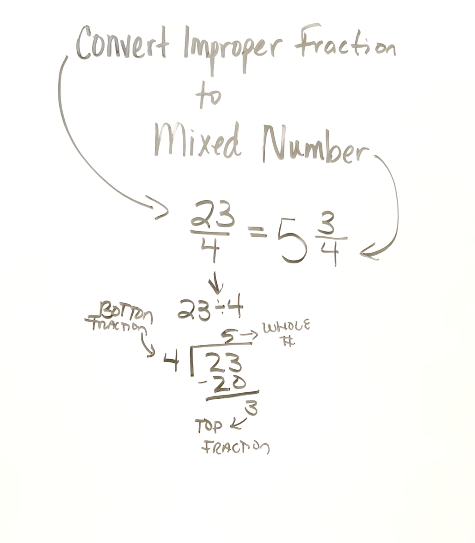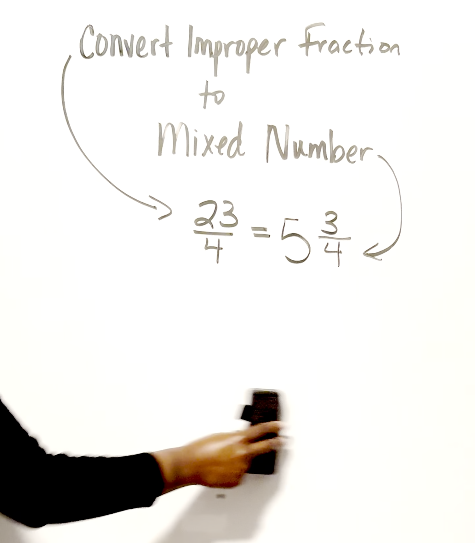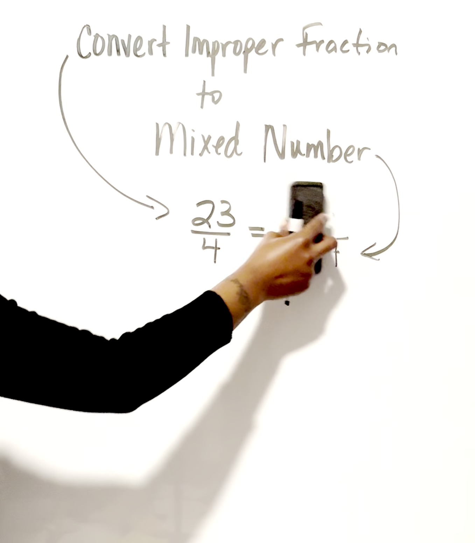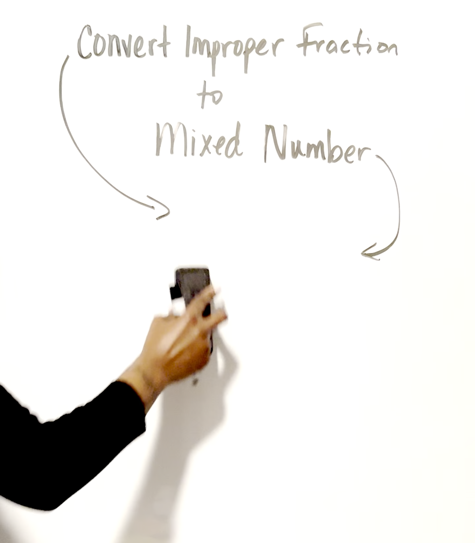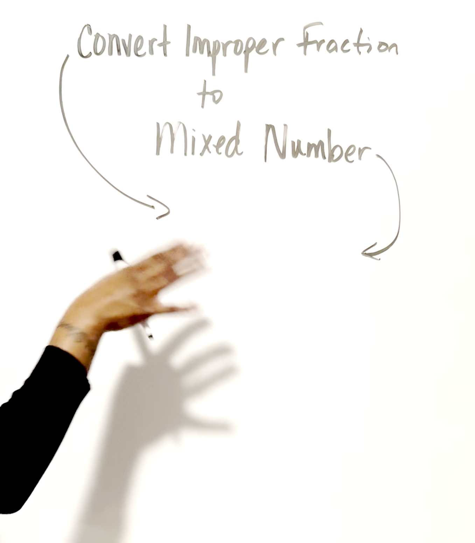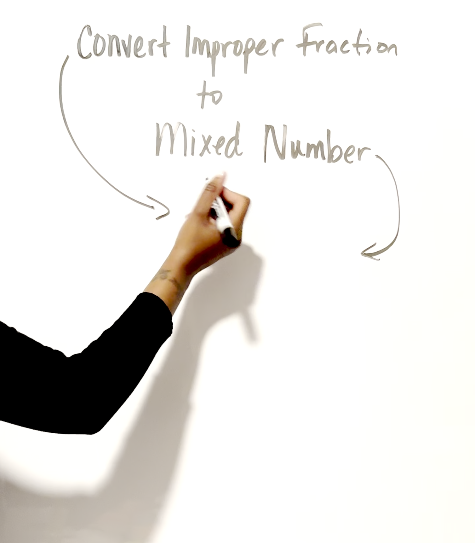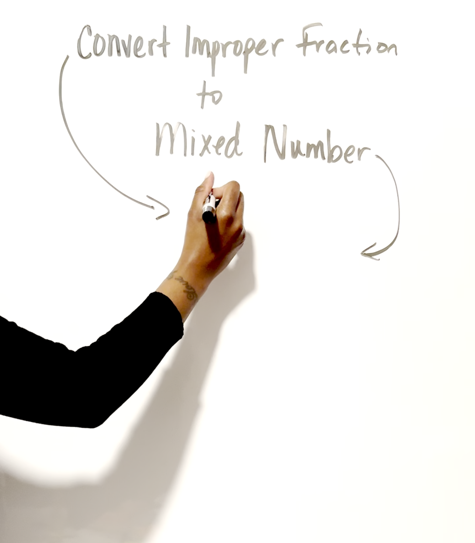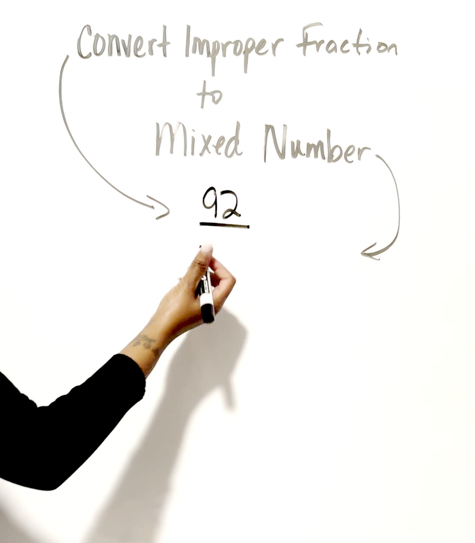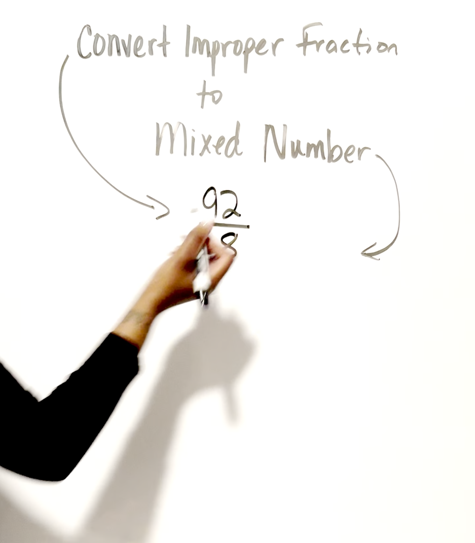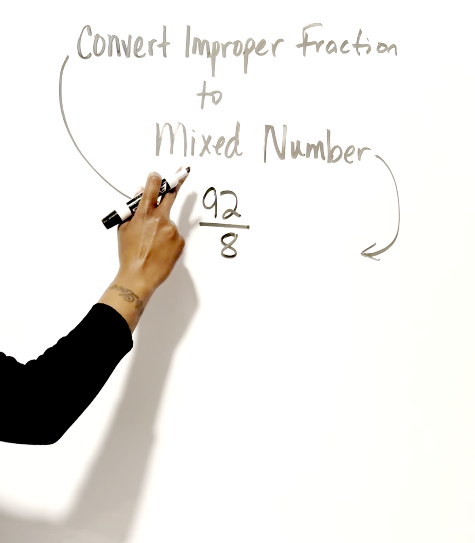Okay. All right, let's try another example, just so we can see where you are. When I put the question up here, you can just pause it and try it on your own, and then you can watch how I did it to see if you did it correctly. All right, so let's see, we'll do a big number, 92 eighths. Okay, all right, so we know this is improper because the number at the top is bigger than the